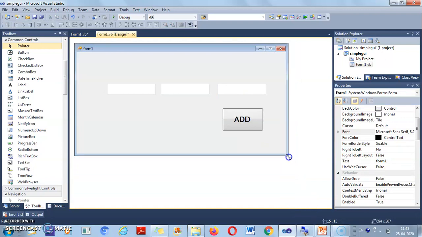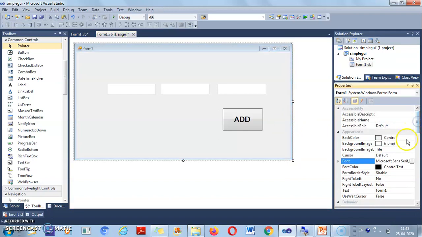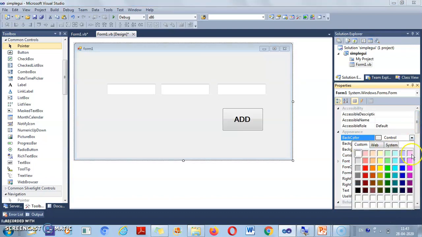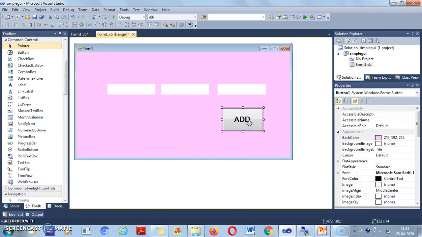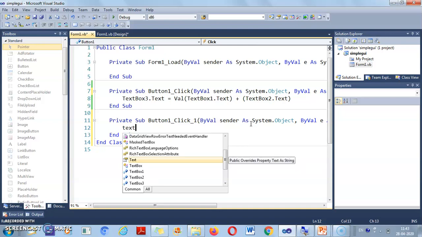So what component have we used for this decoration? Property window. We will set some background for this form so that it will look good. Now on button click we will do some programming. So the code window will open on the click event of that button, with one click. So you have to type some code here.